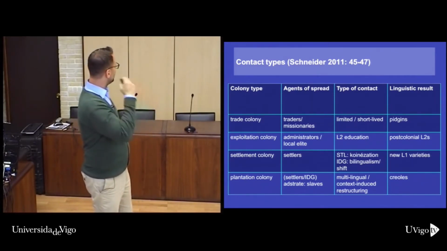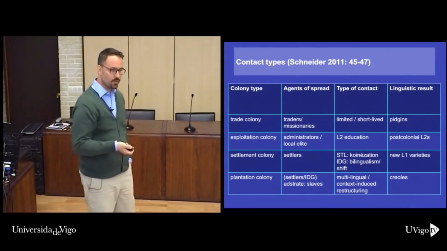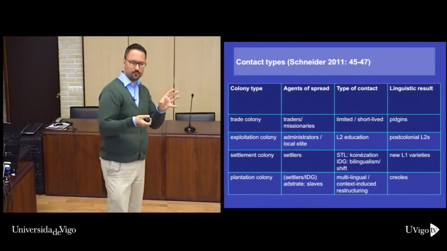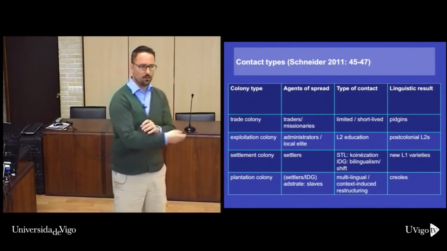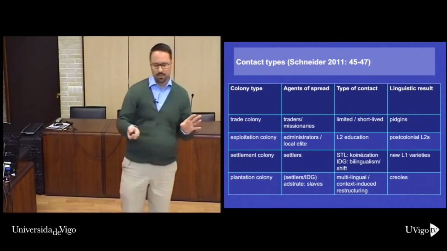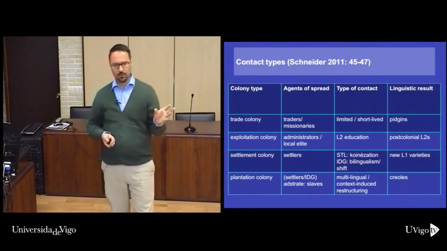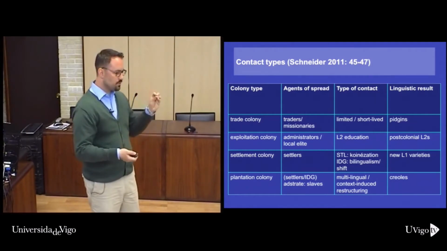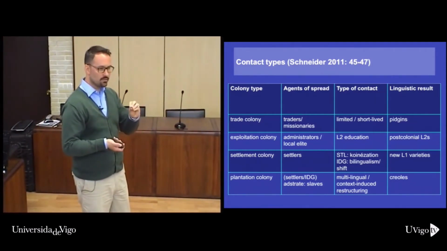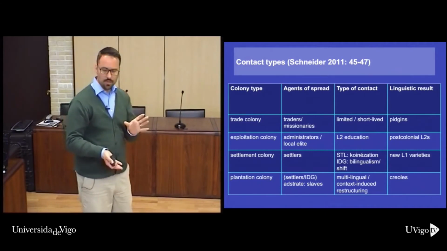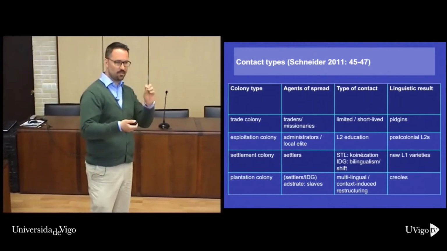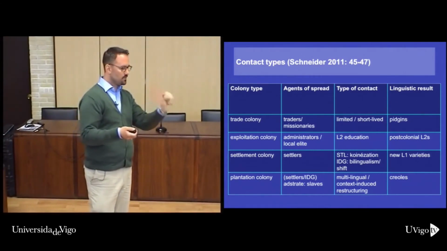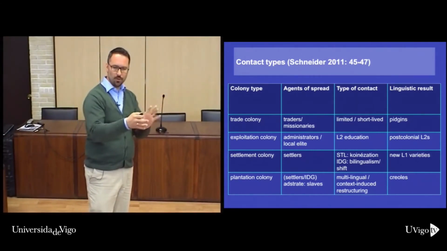Exploitation colonies, Kenya, for example, my favorite example, are different. Okay, these are perceived as longer colonies, so you get, again, a small handful of people. It's not large-scale settlement, not a lot of input from native speakers, but a handful of administrators that go there. And these administrators pick a handful of locals. That's the idea of the British indirect rule. They wouldn't go there and run the country. They would select a couple of people that they perceived as bright and would say, okay, this Kenyan native can run the country on a local level.